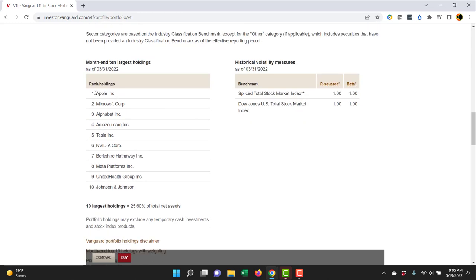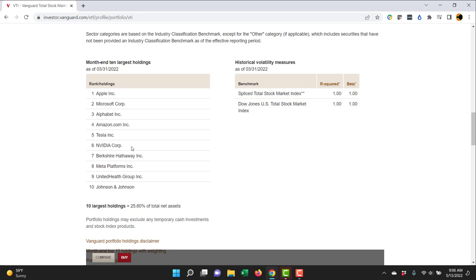And then it actually shows the top 10 largest holdings. So Apple is the number one largest, and it goes down the list. This is technology. I think Amazon is considered technology. I don't think it's considered retail. Amazon or Tesla too, I'm not sure. But this is what I mentioned in the lecture on the theory, that you're potentially going to be buying companies that are overpriced. So Tesla, for one, you can definitely argue it's overpriced. Nvidia is another company that has interesting technology, but you could argue is very expensive in terms of the price